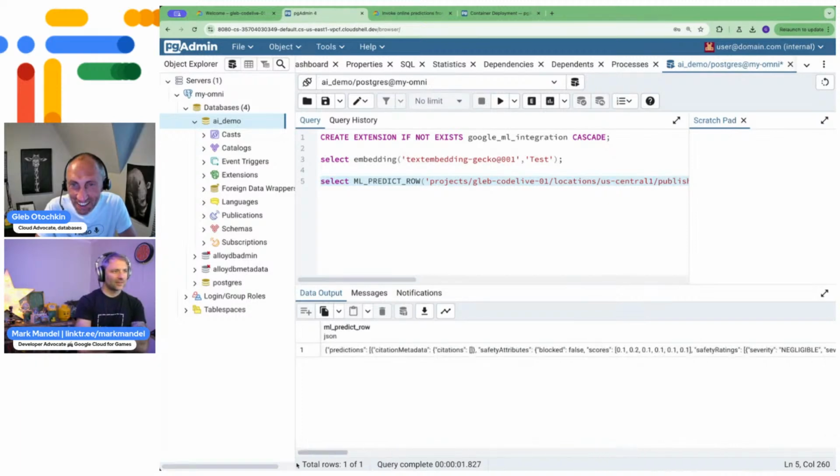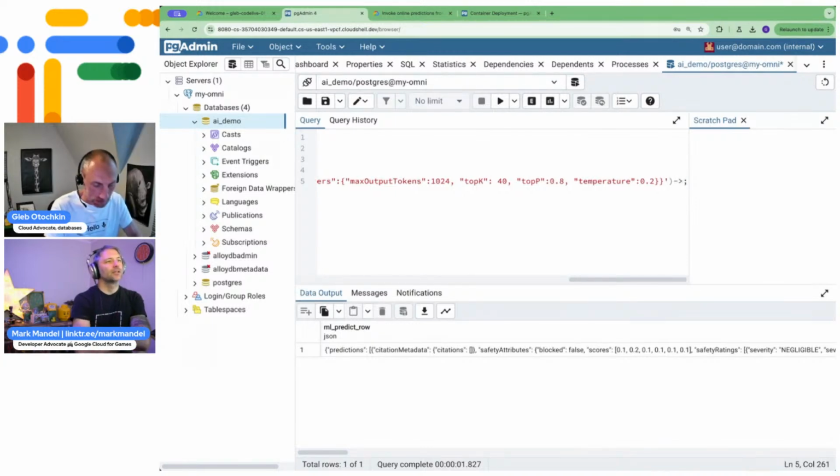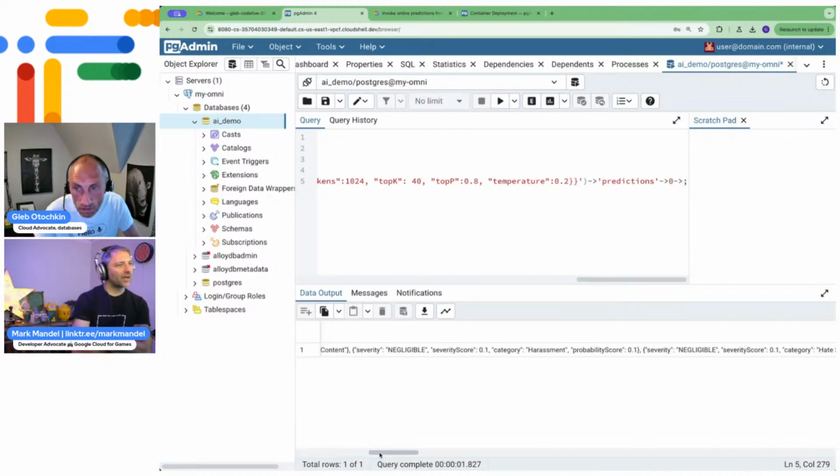All right, so what we can do, it is predictions. So let me convert it to just text here. Is there something we can do to format that nicely? Yeah, first it is predictions. Then it is a JSON array, so we're going to 0. Then we are going to the